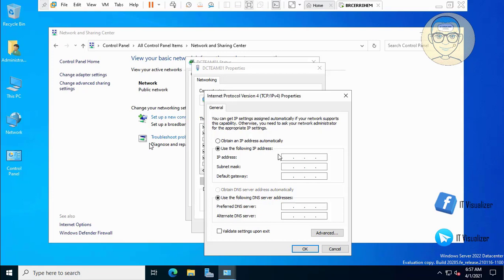The subnet mask will be 255.255.255.0, and the gateway will be 192.168.1.2. Remember this IP address from the beginning of the video. So here we put the subnet mask, and then we put the gateway, and then okay,